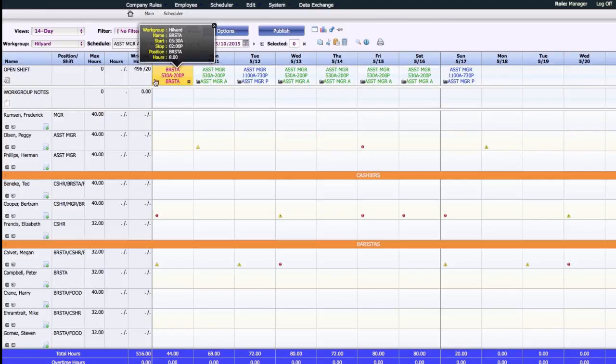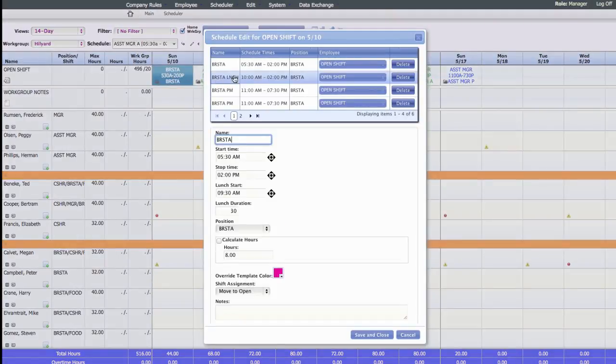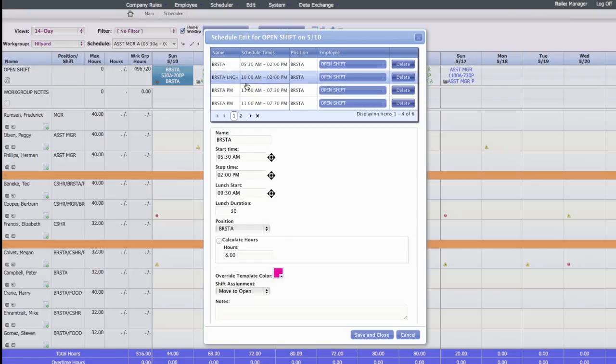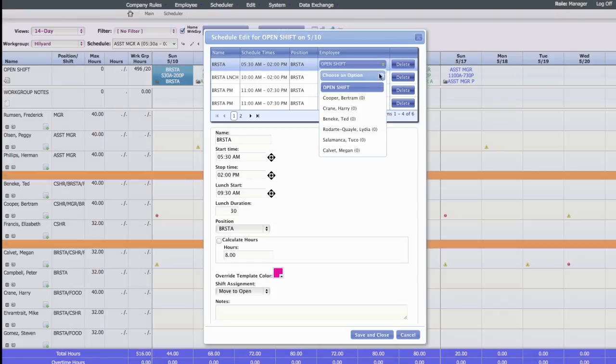This little folder indicates that there are multiple schedules inside of this open shift pile here. So I can double click this and it's going to show me here are all your open shifts, and in fact I have 2 pages worth of them. Okay, and so for each one of those I could come over here underneath the employee where it says open shift. I can click this. It's going to show me everybody who's available to work that. I could select a person and go ahead and save it, and it's going to assign the shift to that